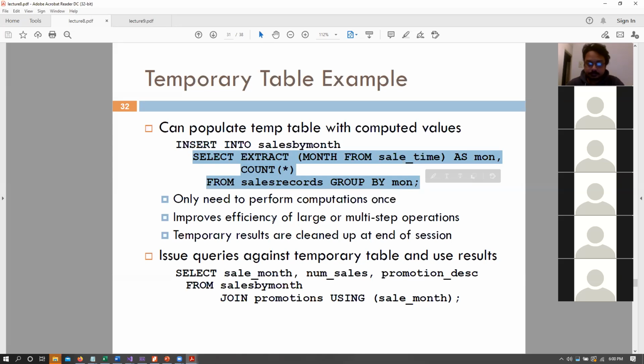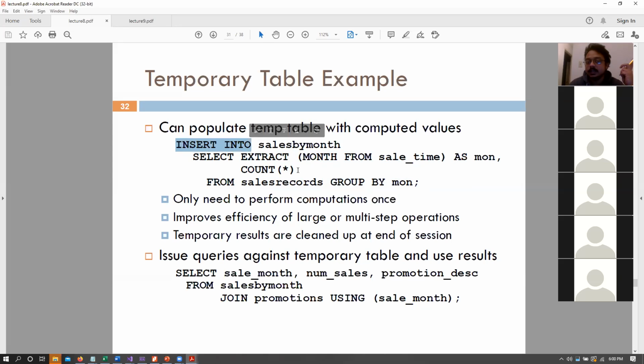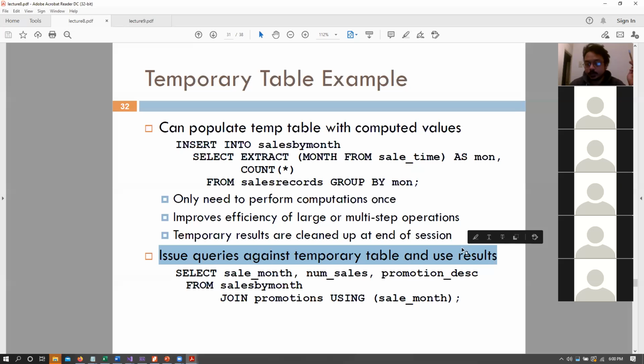So this is the first time that we are seeing a query like this, the first time we are seeing insert into statements here. But essentially what this does is creates a temporary table and then assigns that value. So that's simple enough. And we can also perform queries upon those temporary tables as well.